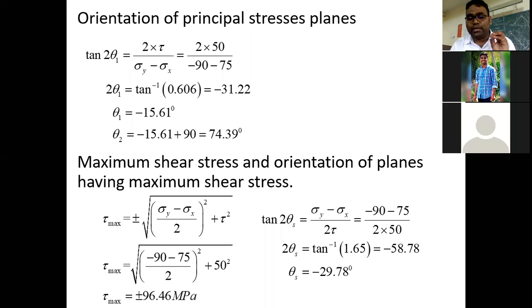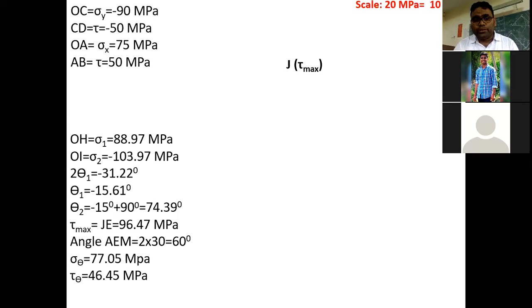Now you have understood that we have two methods to solve such kind of problem. One is the analytical method and another is the graphical method. So now move to the graphical method to find all the respective values which we have already calculated by using the analytical method. Sir, will the values be the same from both methods? Yes, the values will come the same. So let's move to the graphical method.